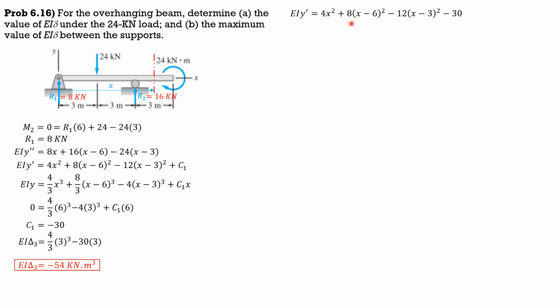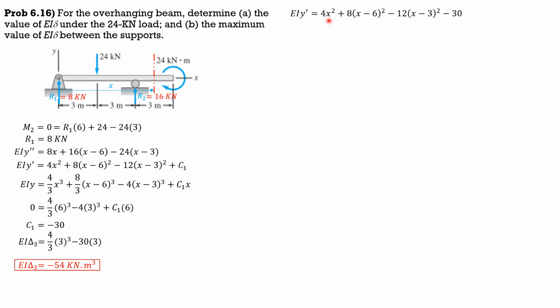So x should be less than 3, because when x is exactly 3, this is 36, 4 times 3 squared is 36. This is ignored, and compared to minus 30, it's positive. So that means x should be less than 3,